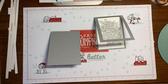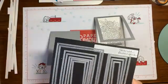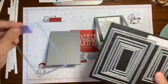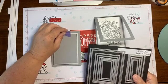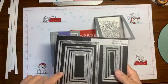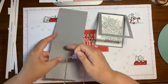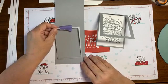Scored at 5. Okay, then you want to get out your handy stitched rectangles. There never seems to be a never-ending use for stitched rectangles. Okay, this might be a little slim, but we're going to go ahead and use it. It's the third largest rectangle. And you get that rectangle on the front by, you open this card up, okay? And then